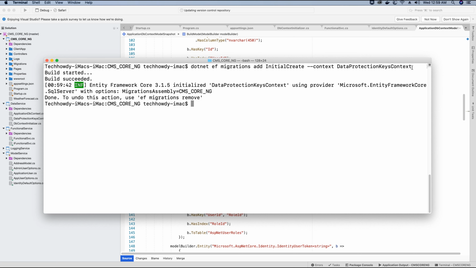So as you can see, it's created. Now if you go to the migrations folder, you will see there's another folder created because it's a separate context, and you will have the file created for that. So now what we want to do is